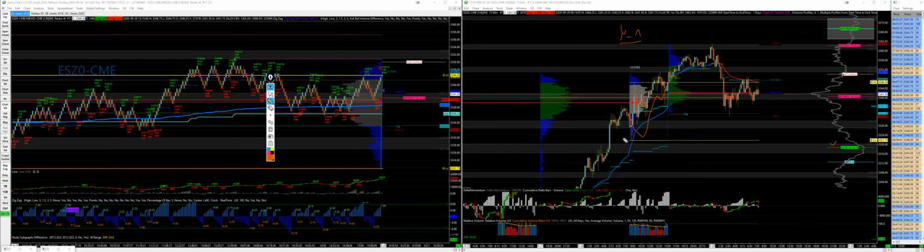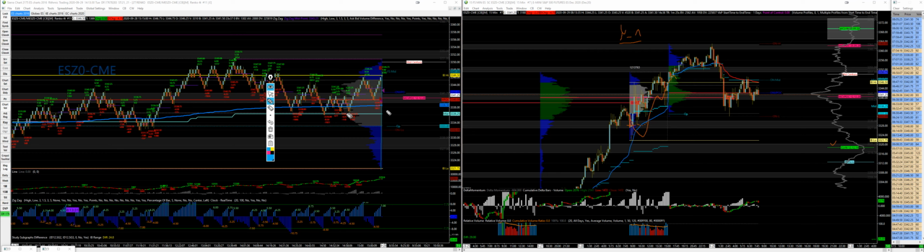Another area that was expected to give support was the 26 to 29 in this region, which at the time was the overnight VPOC. Alright, so that's yesterday. Today,